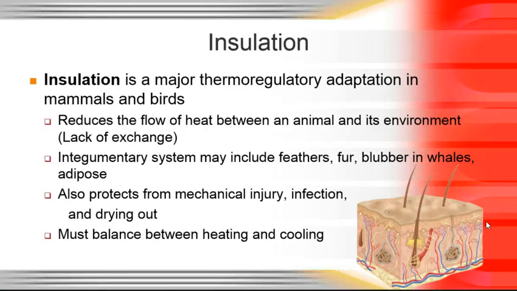This is the major thermoregulatory adaptation in mammals and birds, okay? And the great thing is that it reduces the flow of heat between an animal and its environment, so there's a lack of exchange, okay? This is great in colder climates. You obviously would not want this in hot climates. That would be bad. All of these features of insulation arise from the integumentary system, right? That's your skin. So feathers, fur, blubber, adipose tissue,